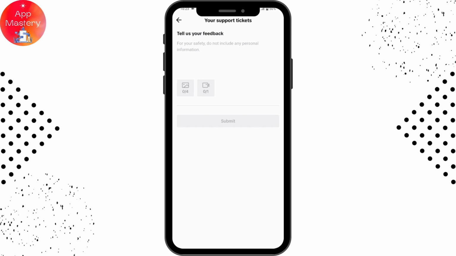And here you need to write that I'm not being able to delete all of my reposts at once. So I want to delete all of my reposts on TikTok at once. Please help me with that. And you need to tap on submit. And once you tap on submit, TikTok will get you some help. So that's the only way to fix your